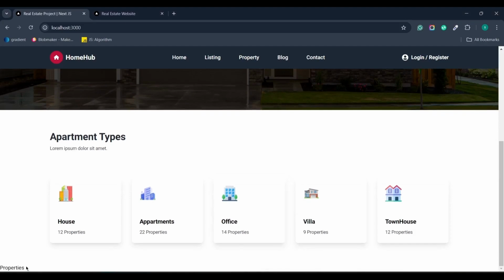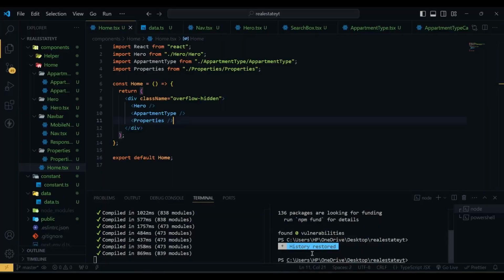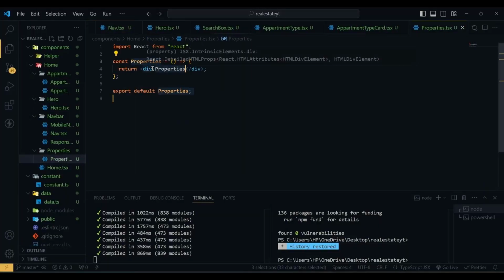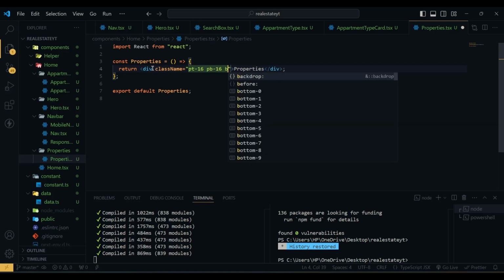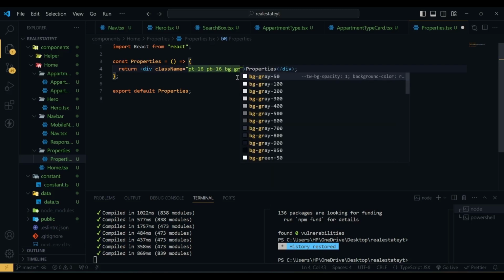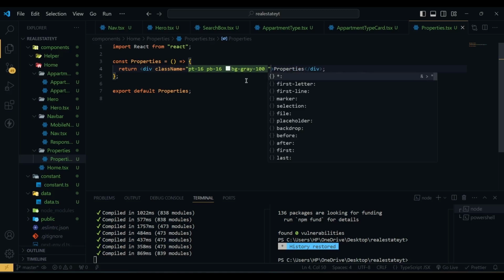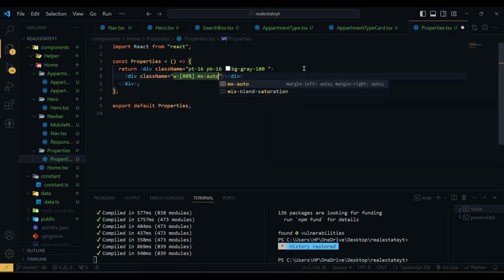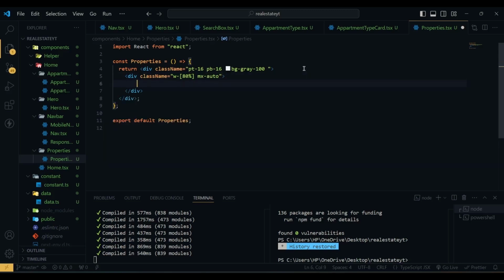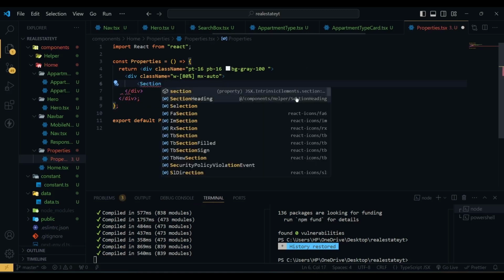Now if I hit save and go to our project, here you can see we have our text properties. Now go to your property component, and for the first div we have a class name of padding top of 16, padding bottom of 16, background will be gray 100, and inside this div we have another div with class name of width will be 80%, mx will be auto. Now inside this div we first have our section heading, so we're going to use our section heading component,